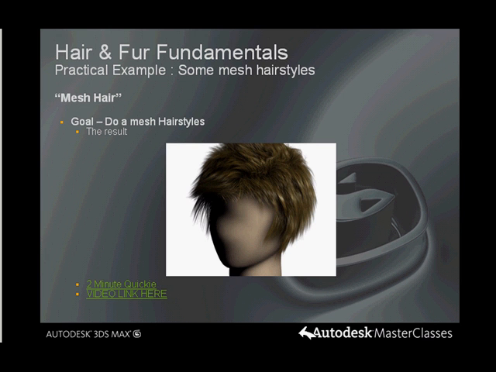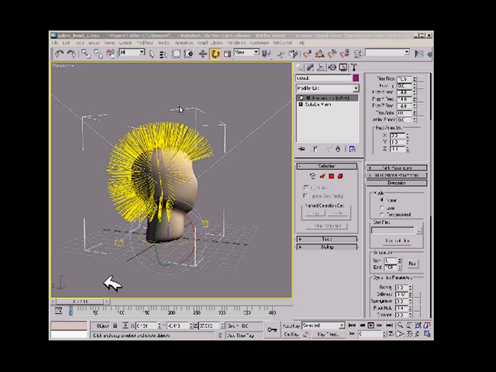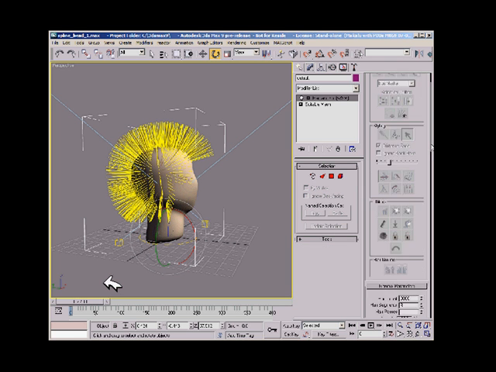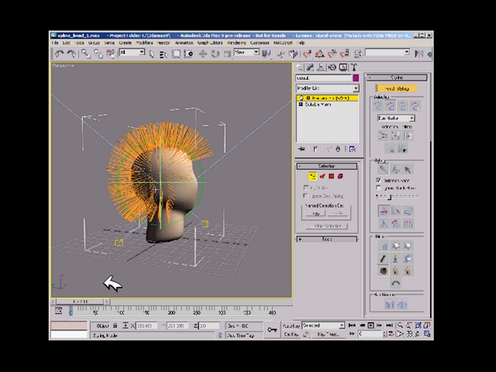Next one is a couple of hairstyles. First of all, these are mesh growth hairstyles. We'll start off with a quick one without a lot of commentary. Go straight into the styling menu,